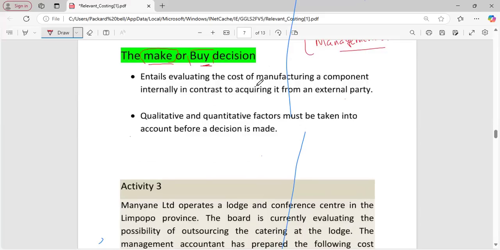but when you are making a decision, there's something that I left out. We can have qualitative. Sometimes you may find that quantitative only, like figures only, cannot. So if the question requires you to use qualitative, it means they want you to use non-financial factors in that case. But most management accountants, they prefer quantitative factors, because that's when the company can be able to make profit